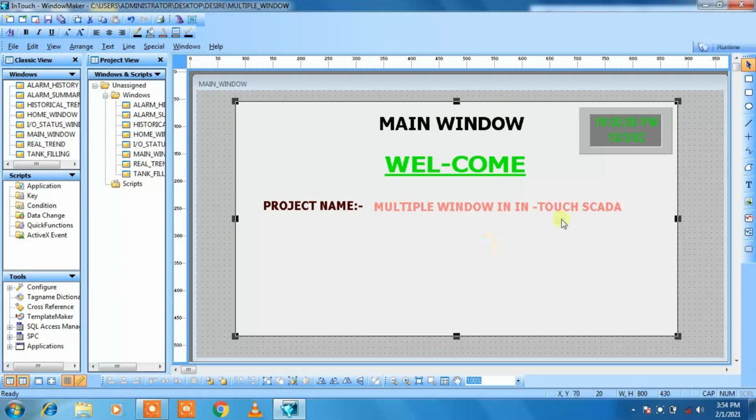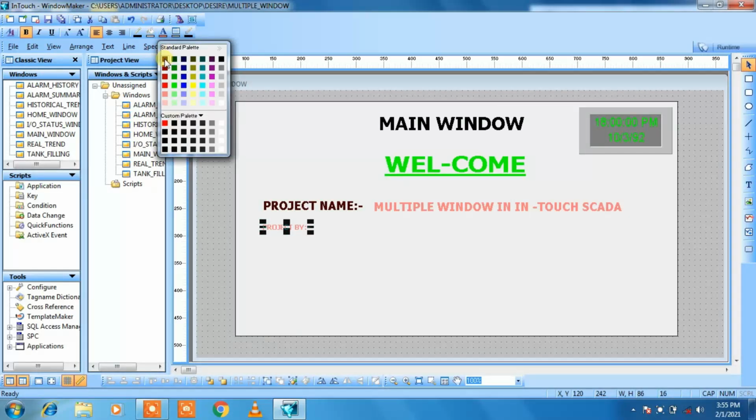Now I want to give the name project by. So go to the text, click on the screen and type your title, project by. This is in pink color, so let me change the color of this text.